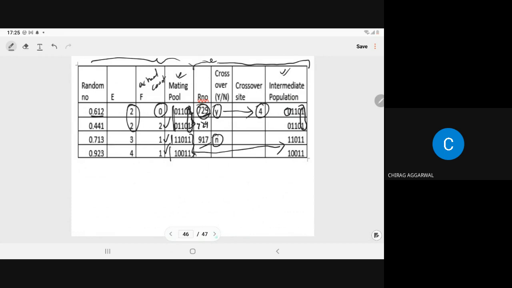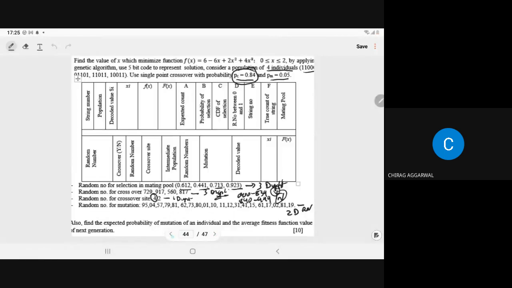or not, right? One by one we have to check. For that the random numbers are given to you as this: 95 no, 04 yes, no, no, no, no, no, no, yes, no, no, no, no, no, no, no, no, yes, no, and no. So wherever we have the yes, the bit at this position we have to change.